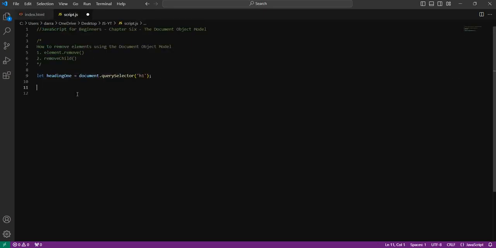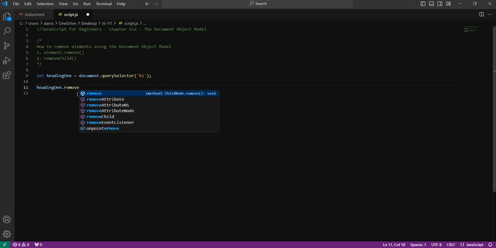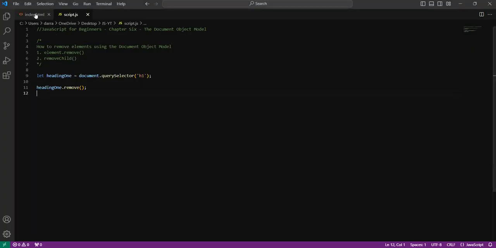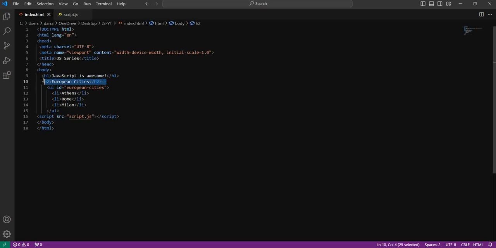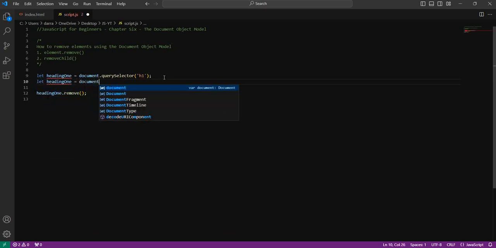So now what I could do is on heading1, I could call or invoke the remove method by just saying remove, semicolon to end the statement, and what this will do is remove the heading 1. To prove that to you, if I refresh, the heading 1 is gone. You could also, if you wanted, remove the heading 2, okay? So heading 2, let's give this one an ID. You could do a query selector as well, but I'll just say H2, we'll give it an ID of heading2. So just for practice, this time we'll say let heading2 be equal to